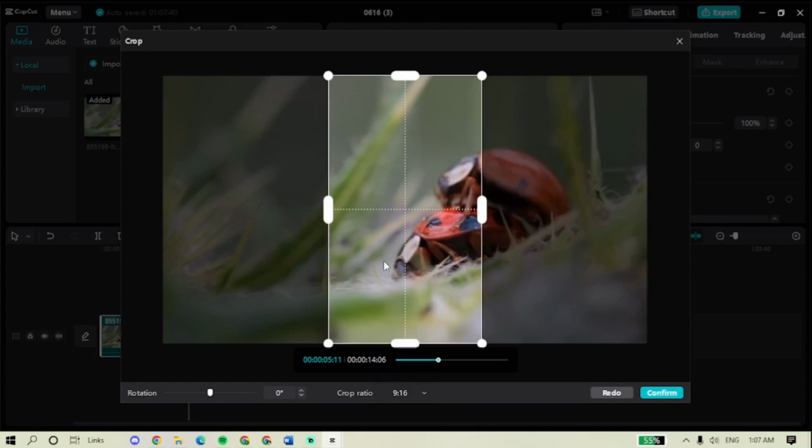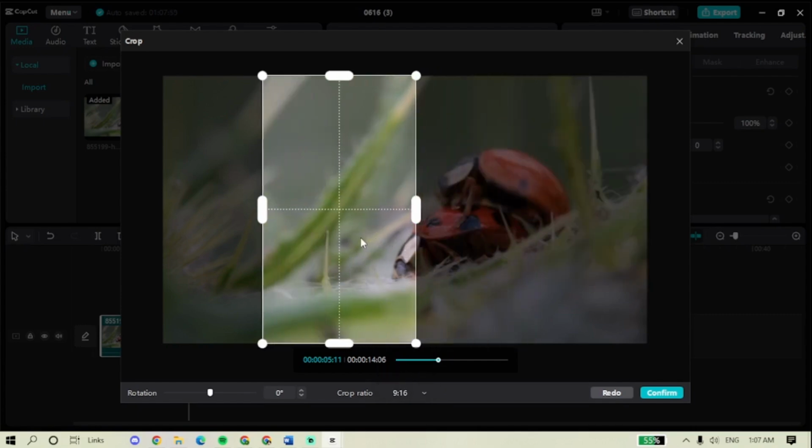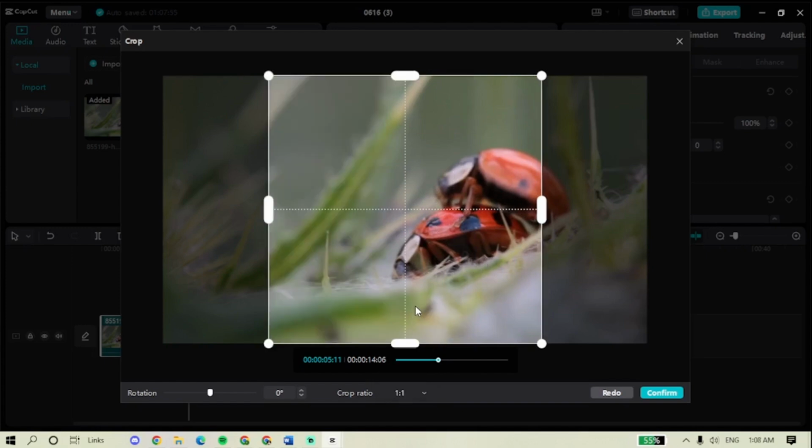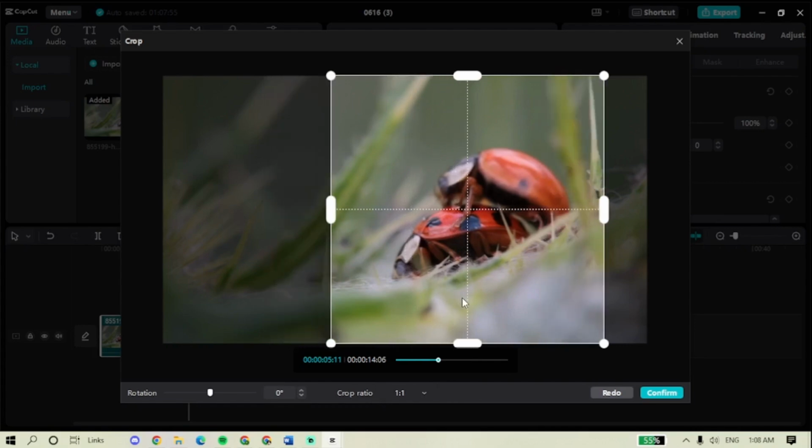Nine by 16 for Instagram stories or TikTok. 1:1 for Instagram feed, 4:3 for Instagram portrait,